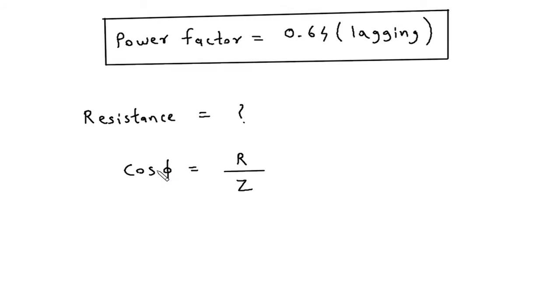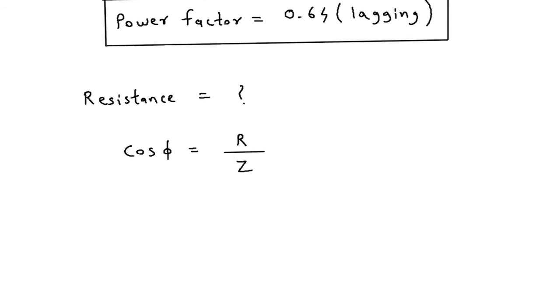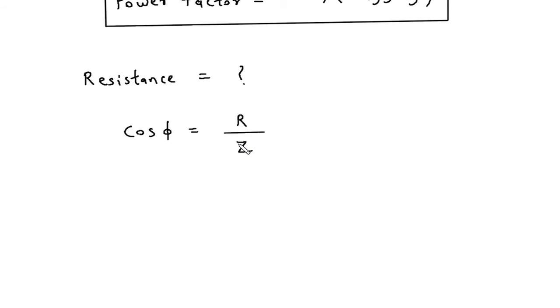Now we have the value of this power factor, but we don't have the value of this resistance and this impedance, but we can find the value of this impedance using Z is equal to